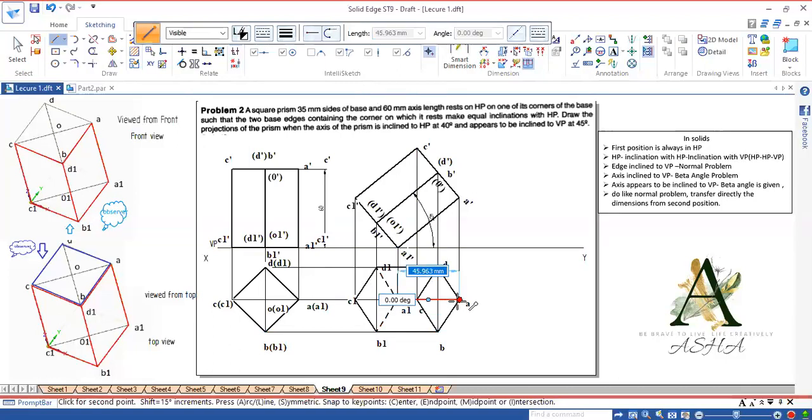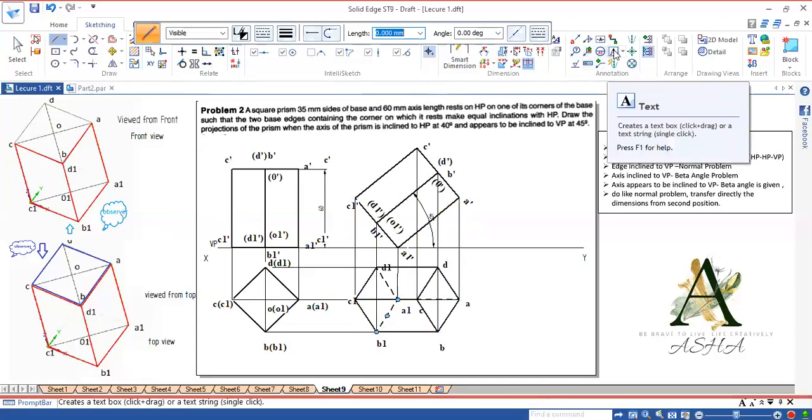So these things you make it as hidden, but you can see C1, C dash, so that should be visible. So always we know that C1 to C dash should be visible, because always visible line overrides the hidden line and the axis line.